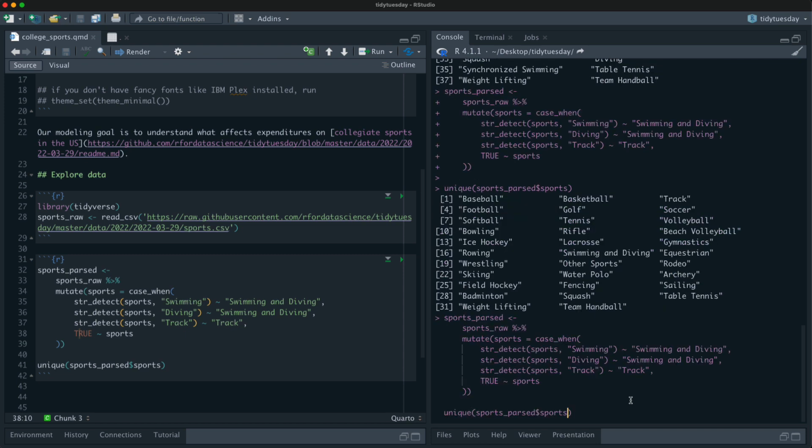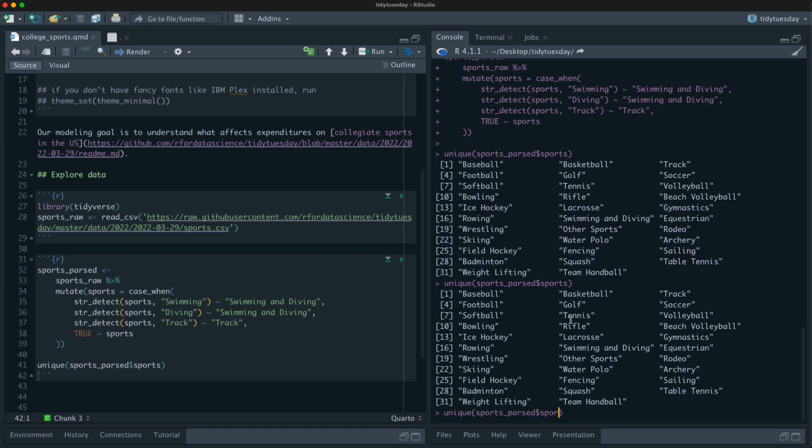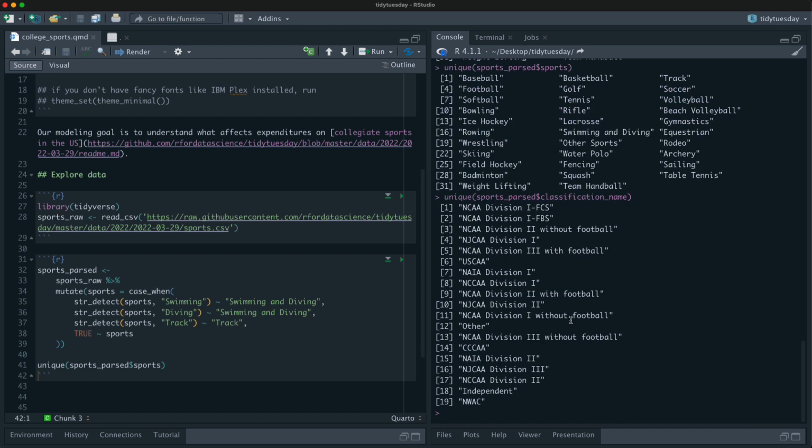But the next thing I'm interested in is what is that classification? Okay, so there are all kinds of schools in here. I went to a big NCAA Division I school for undergrad that had an enormous football program, but there are so many other different kinds of collegiate sports out here, and this really just emphasizes what these different divisions are like and how they're categorized. So this is important to know.